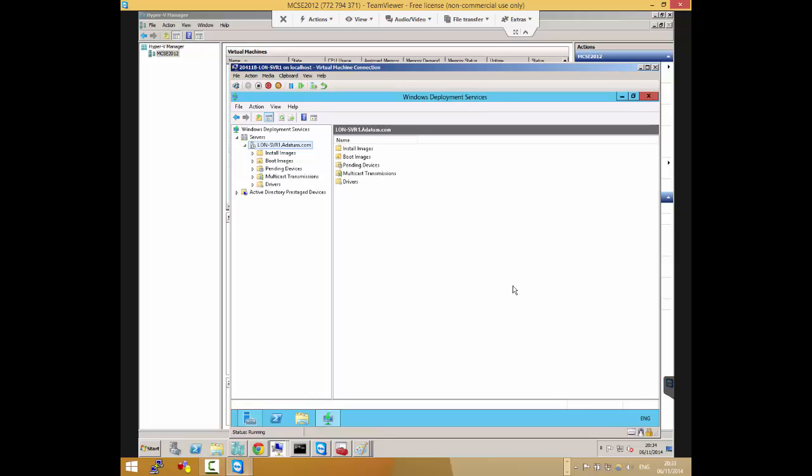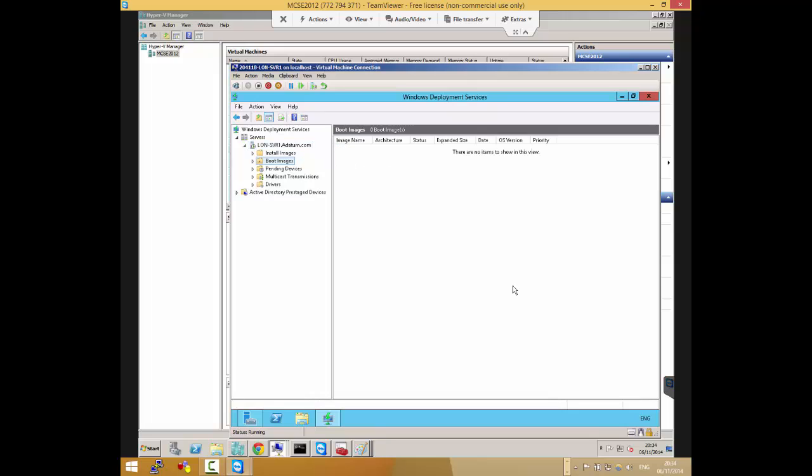WDS is actually very simple and straightforward. Of course, there's much more that we can do with it, and we'll cover more here. You need two main images. The boot image, like you mentioned, is the WinPE image. It loads that into RAM, and that one can establish a WDS connection with the WDS server using the WDS client, and then downloads the install image to the hard drive where it installs it. So now we need to add the boot image and the install image.